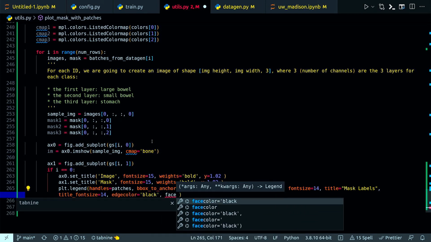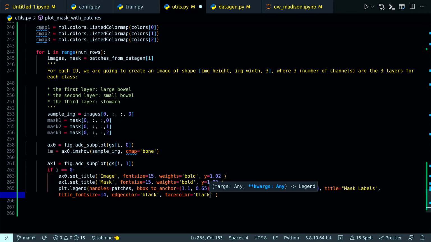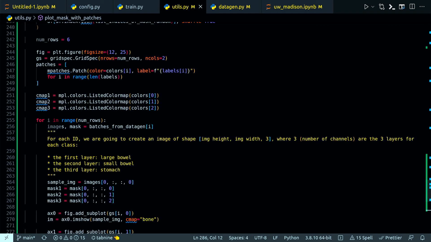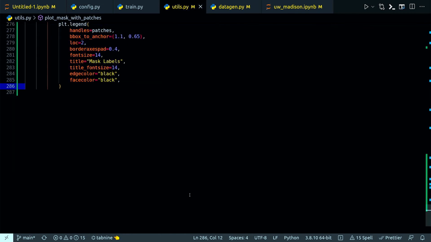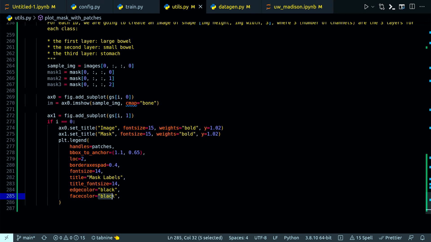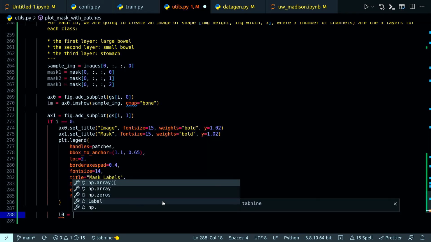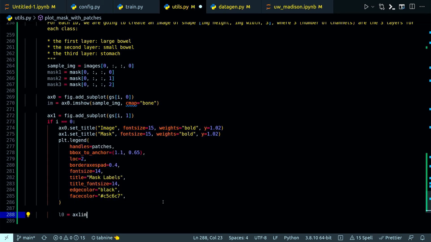Face color, no, I need to change the face color to something else. All right, now I need to define the various ax.imshow variables. So let's say L0 would be ax1 dot